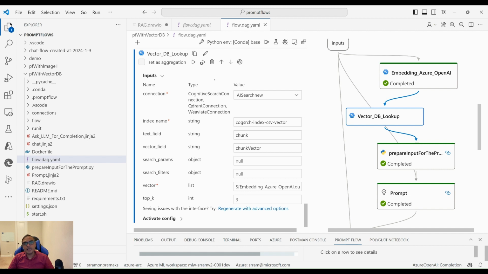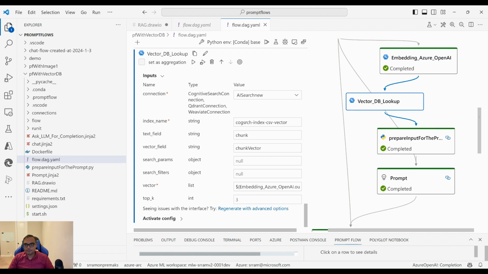But for this tutorial, assume that there is a vector database which I have already built, and all it has is a bunch of numbers which we call the embeddings or vectors that are stored in the database along with the text content or the data content of your organization, which we call chunks. We store them in some place, and we need to retrieve them just like you retrieve data from a database table. Next, you need to prepare the context. That context will be appended to the prompt,